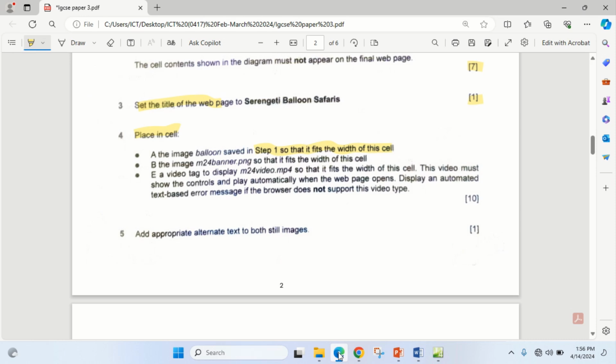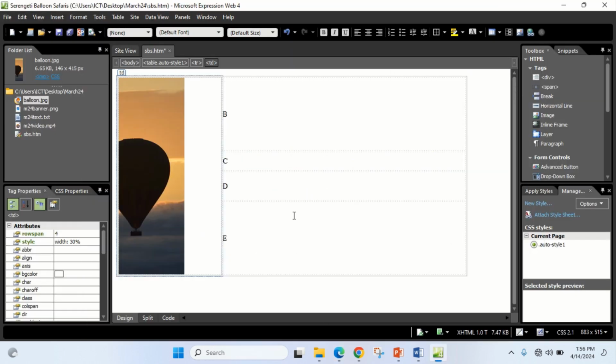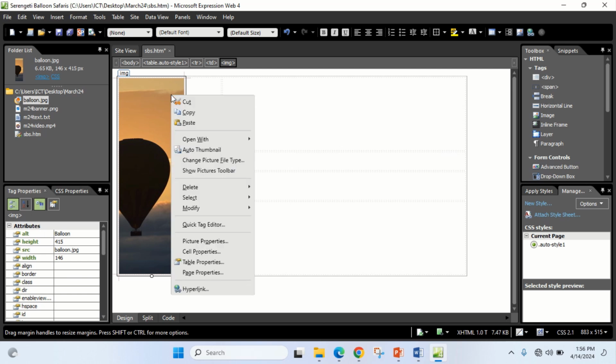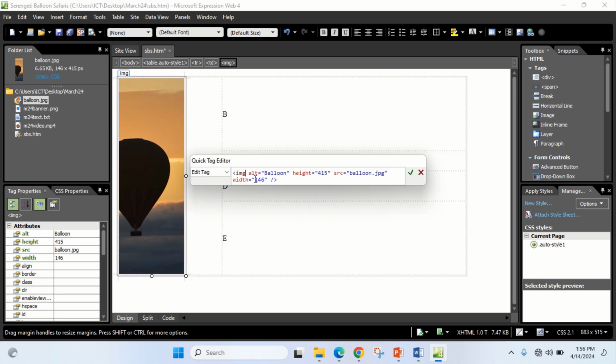So I'm coming to that. To fit the width of this cell, you can do it in 2 ways. You can have this selected, and then come to modify it or quick tag editor. Anyone you want to do, you can quickly do that. Anyone you think is appropriate for you, you see you have it. You can set the width to 100%. So instead of having this, just edit the width to 100% so that it can fit